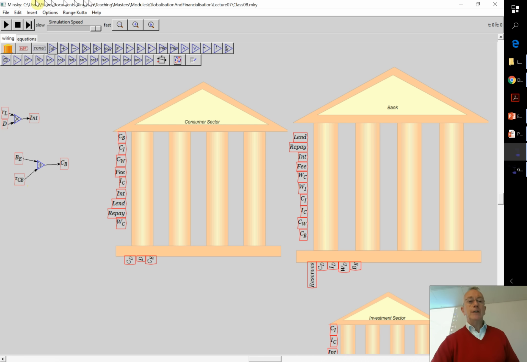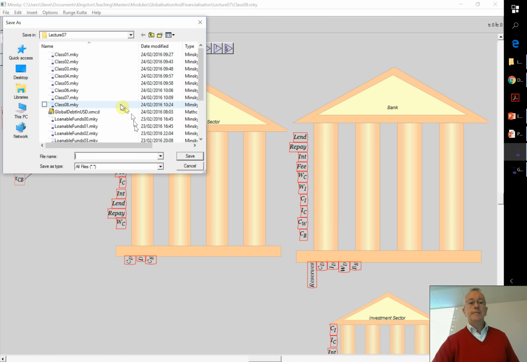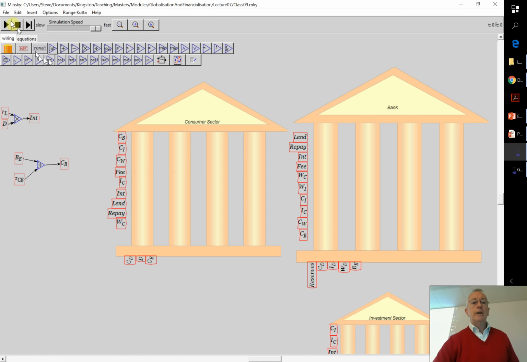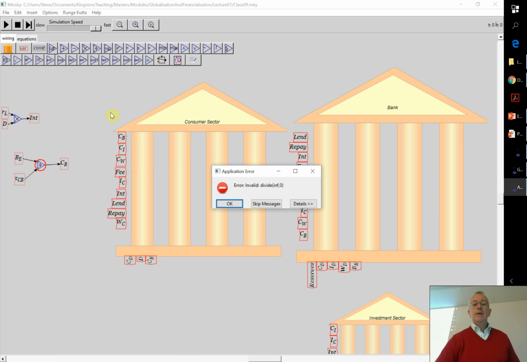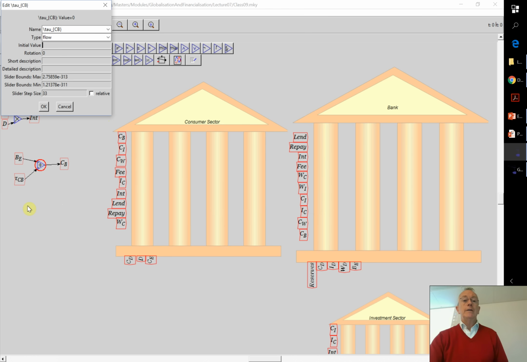I'll save it as it is. So I'll save that as 9. Okay, I'll actually try running it and see what happens. Here we go. So it's doing an error check for you, so you can get dividing by 0 at that point. Notice there's also a little circle that turns up around the divide symbol, so that's where the error is. So this is all to help you find where you make mistakes. So what you've got to do is right-click here and choose Edit. Now there's some hassles in the editing.